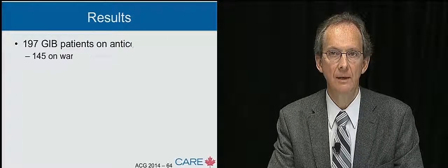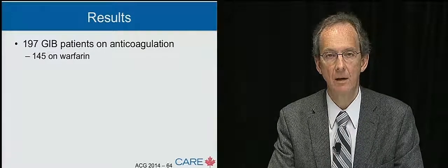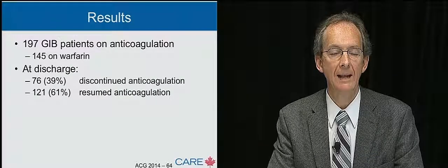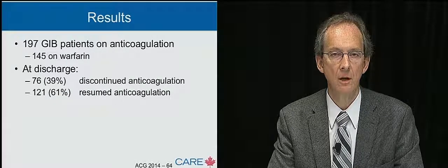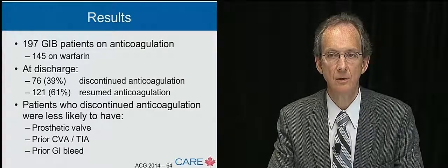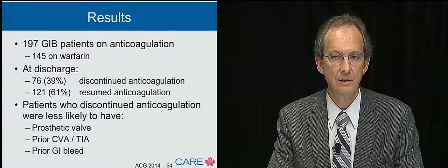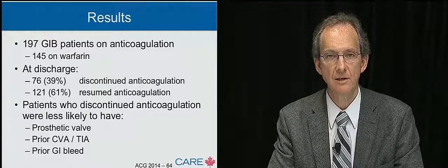And in brief, the results show that they identified nearly 200 patients with gastrointestinal tract bleeding, upper and lower, receiving anticoagulation, and that on discharge, about 40% had discontinued anticoagulation, whereas 61% resumed anticoagulation. And what they found was that patients who discontinued anticoagulation were less likely to have a prosthetic valve. They were less likely to have had a prior CVA or TIA, and interestingly, less likely to have had a